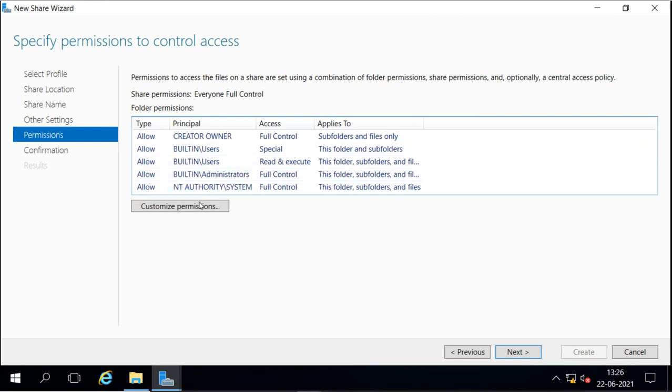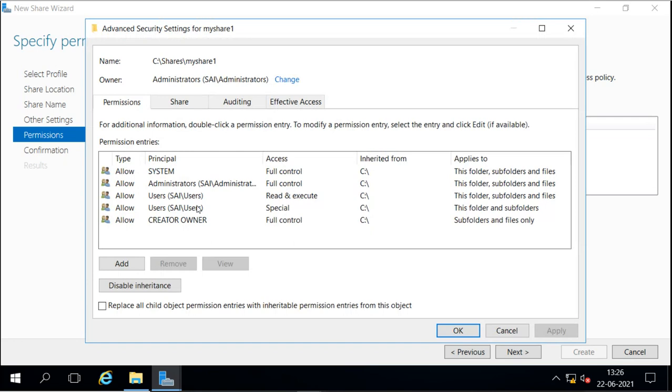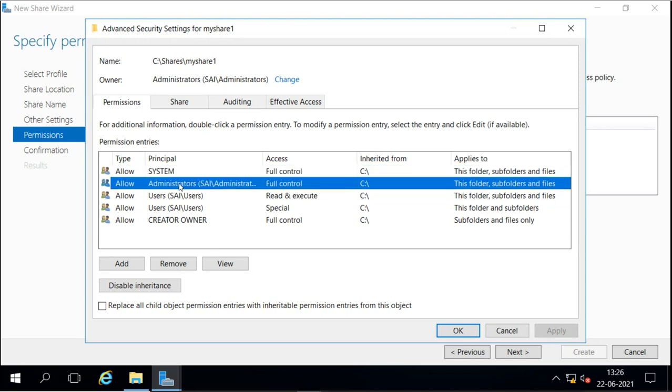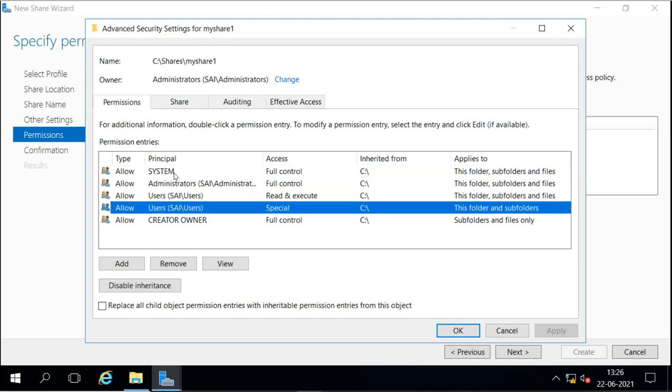If we want to change the permissions, we can go to customize, and here we can add or remove permissions. We can disable the inheritance, and we can add users to allow them or remove them.